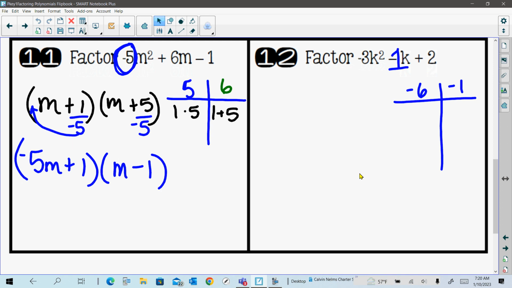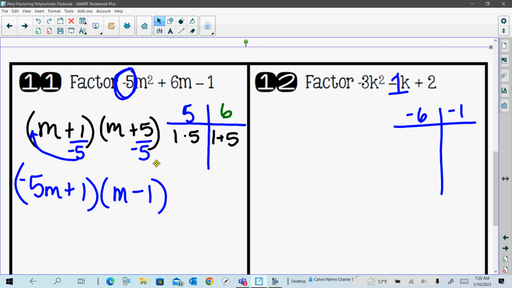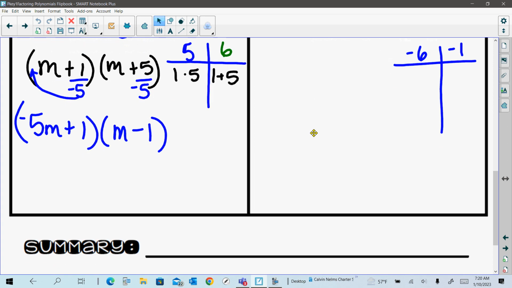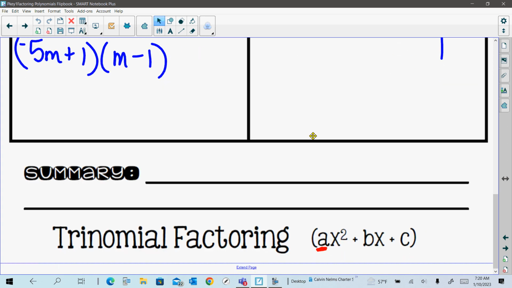Okay, so I checked this. I basically checked that you finished each problem. We did 1 through 12, and then we just need to add the summary for the trinomial with an a, meaning a coefficient. So if you have